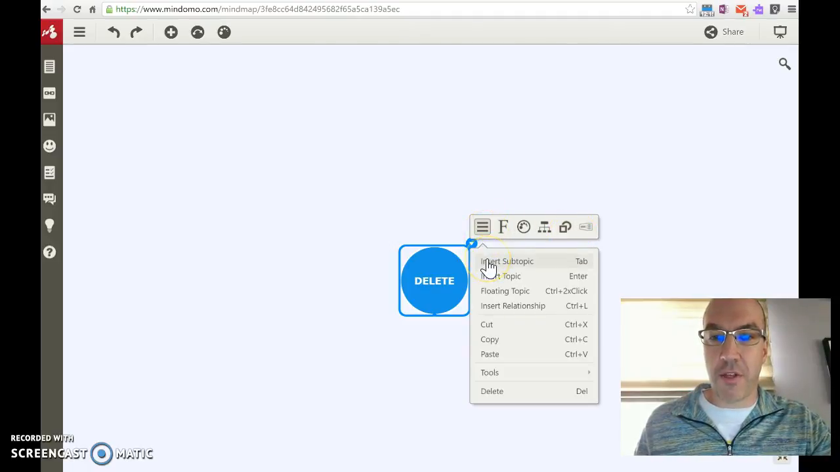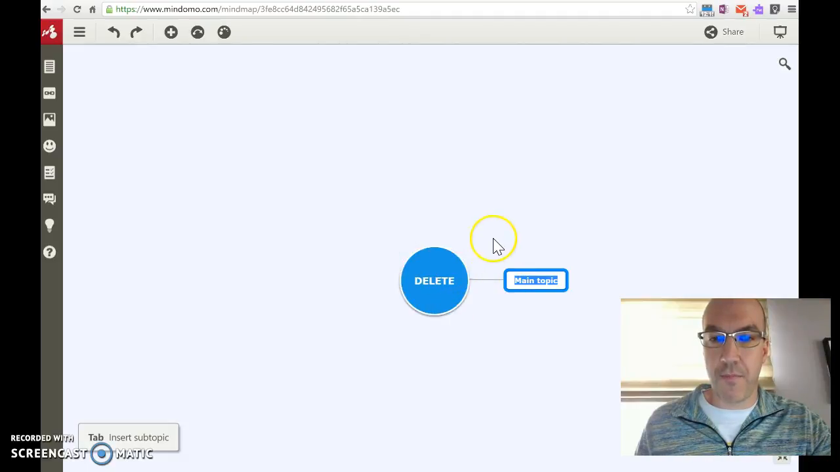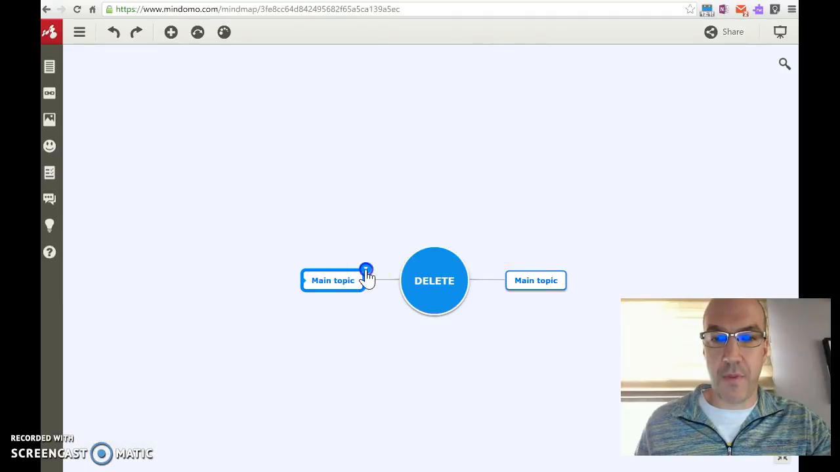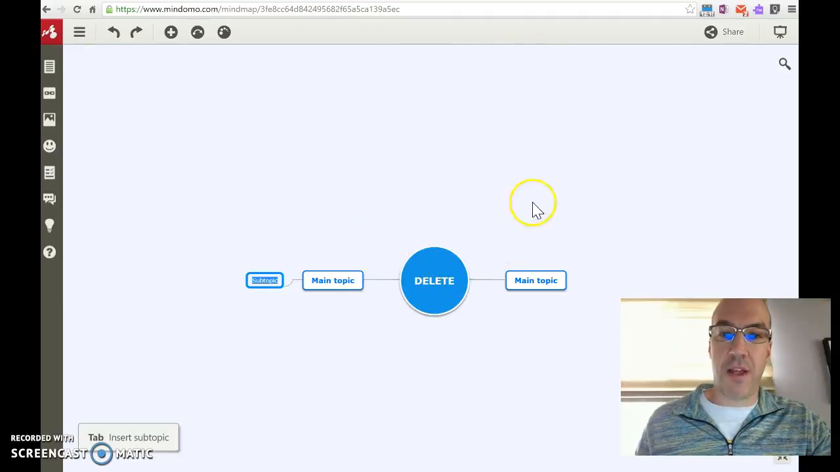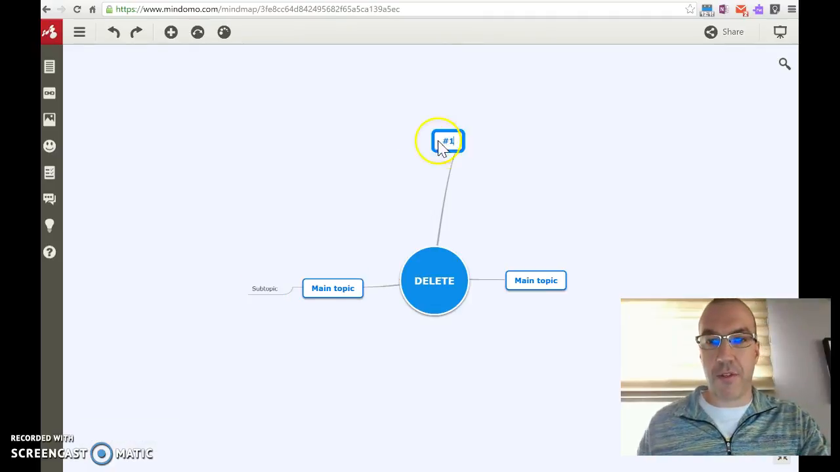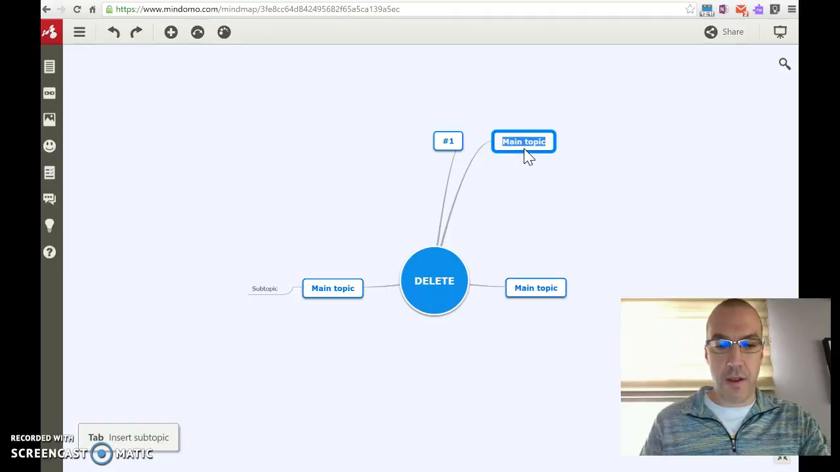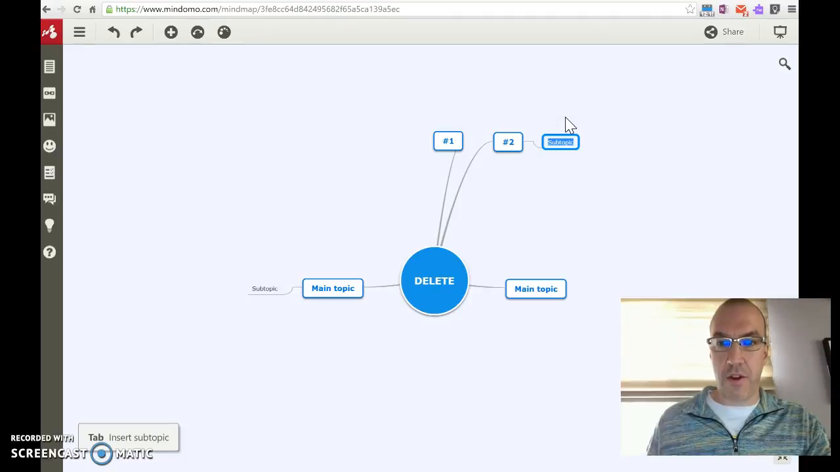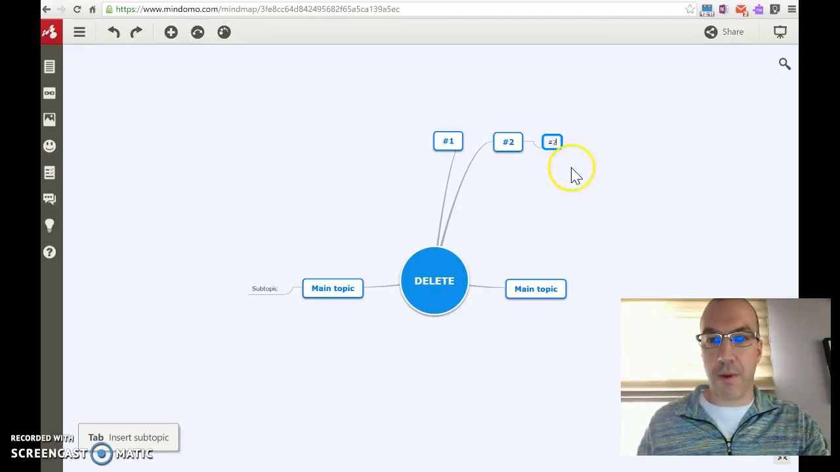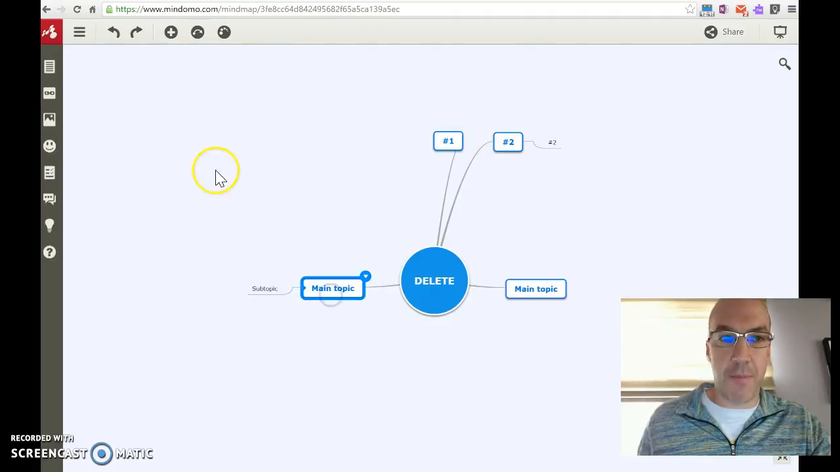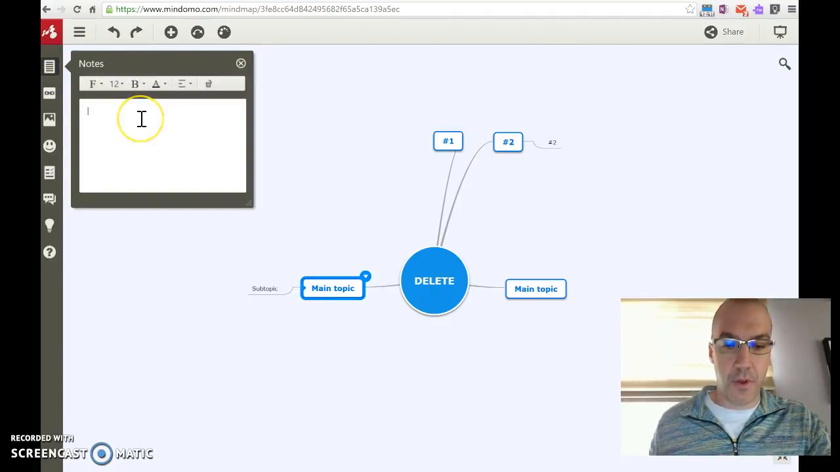From here I can also insert subtopics. I can insert topics. I can insert, right, like this. Or I can just click onto the screen and I could create new topics and new topics, and then create a new subtopic in that regard as well. All right, now I can also, if I wanted to, off of this main topic, for instance, add a note. So this is a space